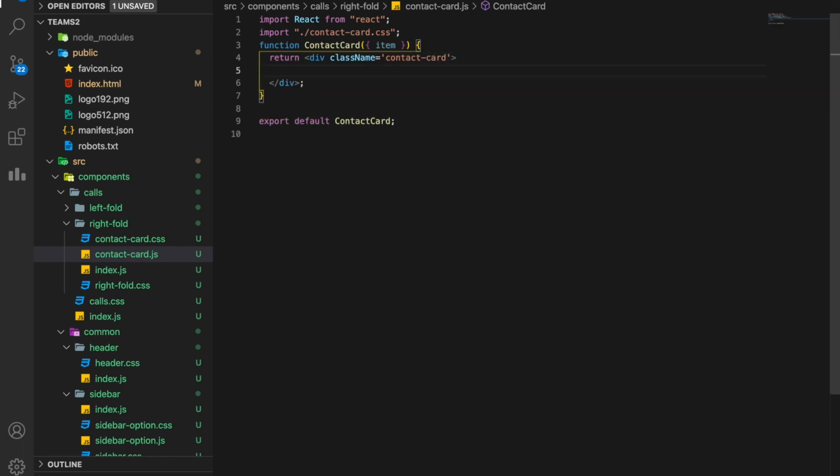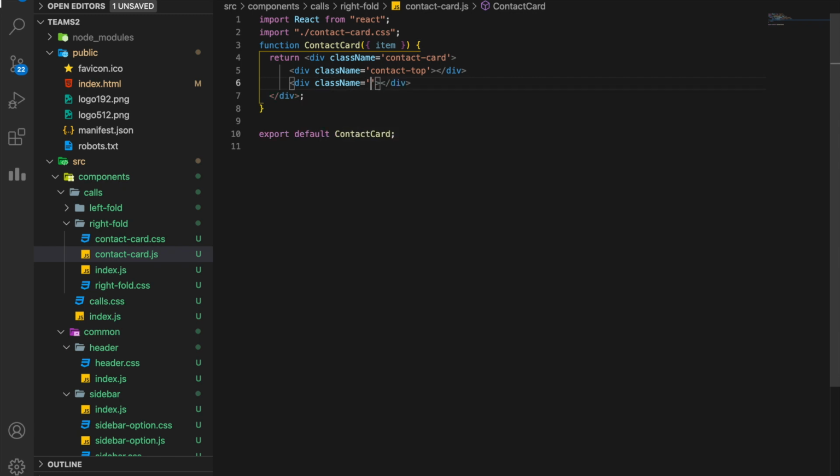Perfect. So we have top and we have bottom. So the top, just call it div, class name it's called contact top, and we have icons. So I don't have to call it bottom, I can just call it contact icons.